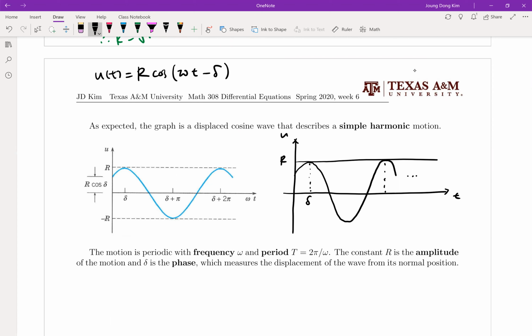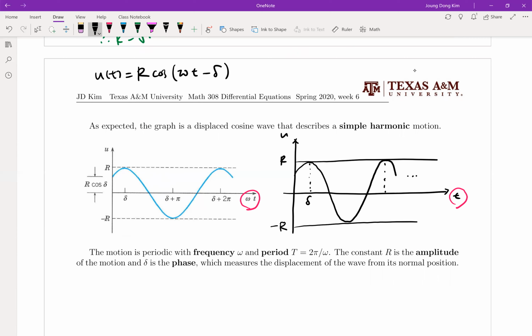In my notes, the given graph is not easy to understand because your x-axis is not t but omega t. So I would like to make a new one with t and u. Then definitely your amplitude is